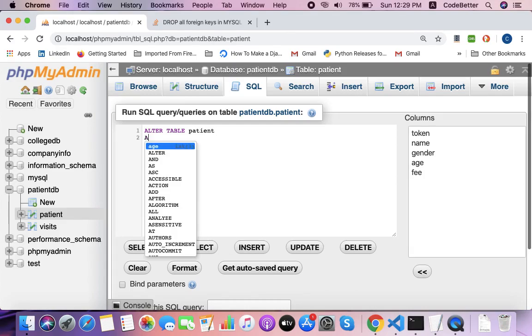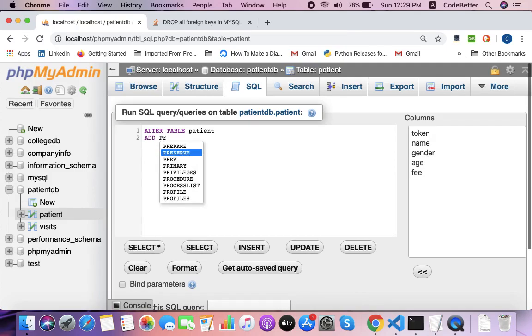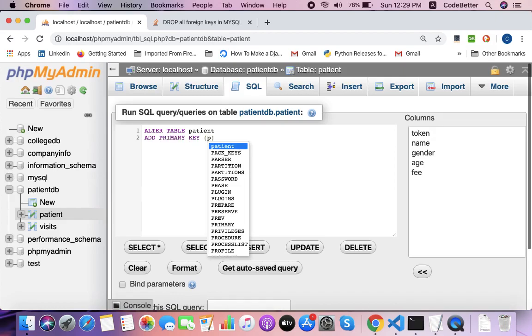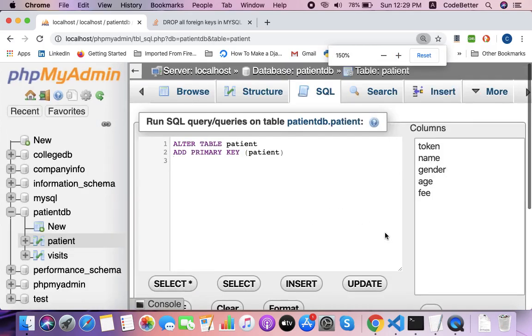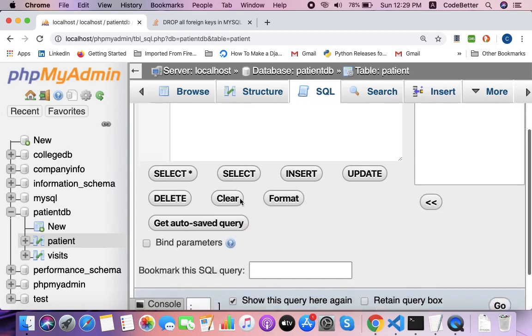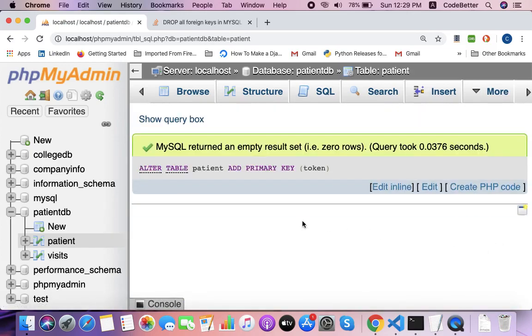Then add primary key, and the column name in brackets, token number. This way we can create the token number column as a primary key. Primary key means unique key. Let's execute this query: alter table patient add primary key token.